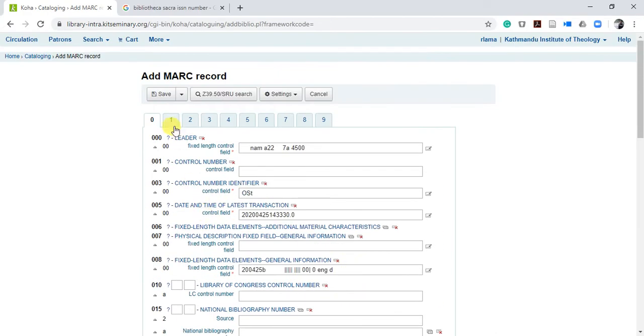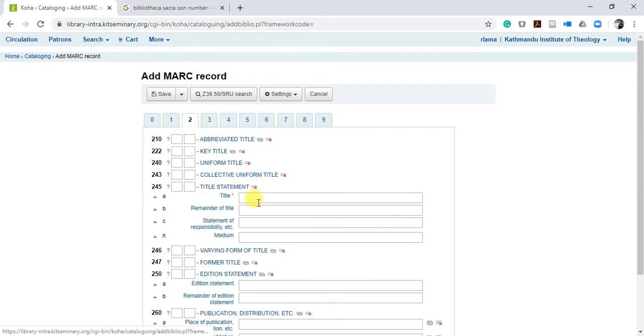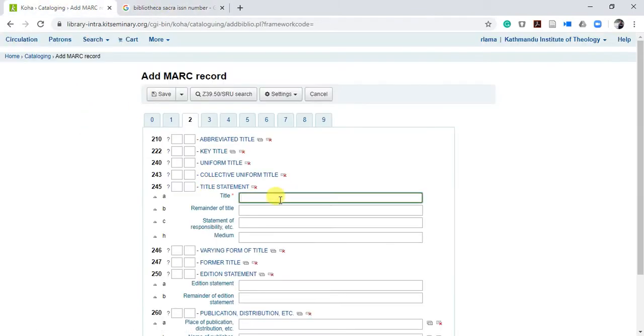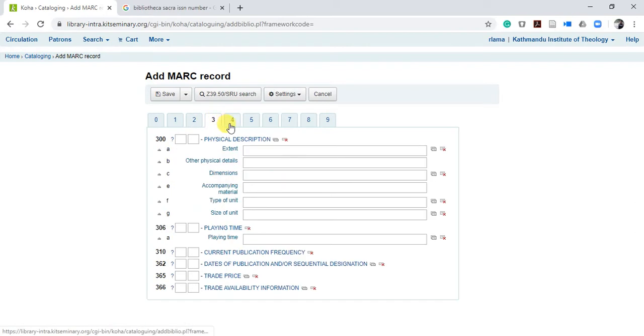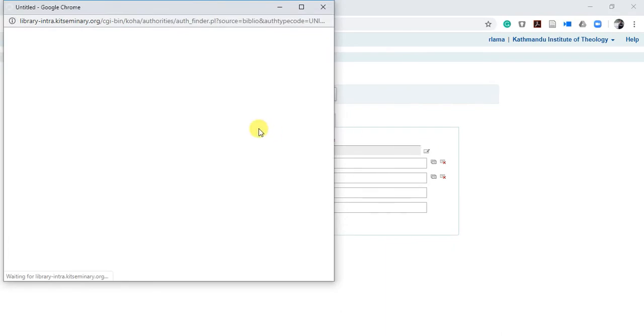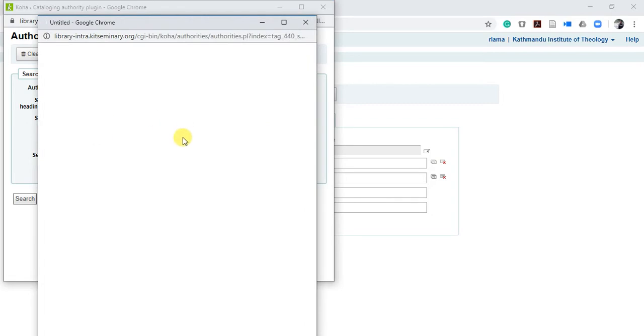Once we are done, no need for personal name, just skip, and we have to add the title here. Title is Bibliotheca Sacra. Once we are done, come here and let us say series statement. I will add this one also. It is up to you, if you don't want that one, it is up to you, but I will add this one.